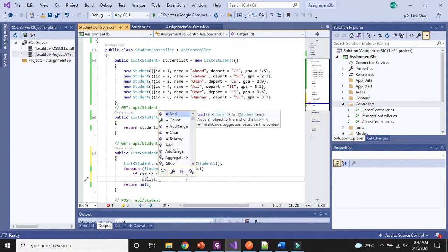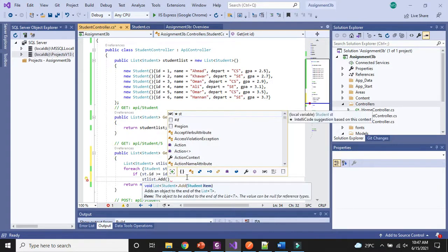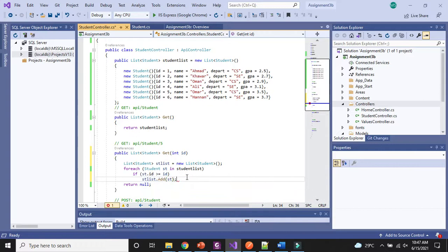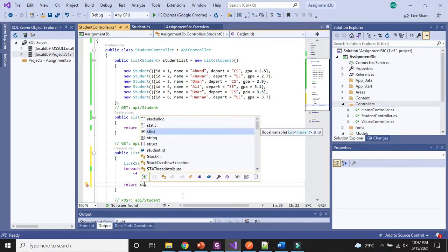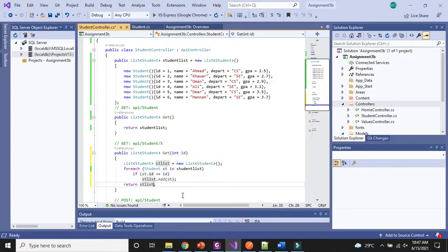So I will write stlist.add, and it will be st. So if a student id is equal to or more than the provided id, that student will be added into stlist. When the for each loop execution is completed, maybe it gives us no student, maybe one student, maybe many students. So at the end, after the for each loop, we need to return the stlist. Okay, now my code is completed.